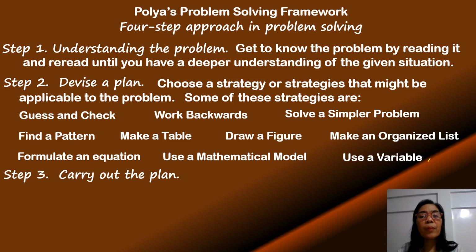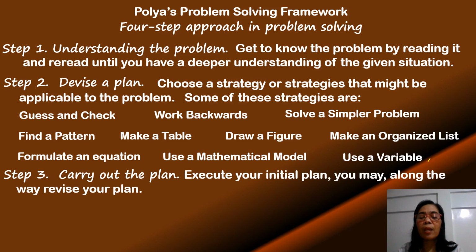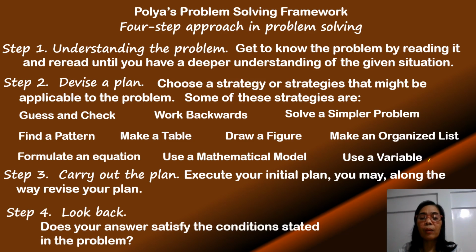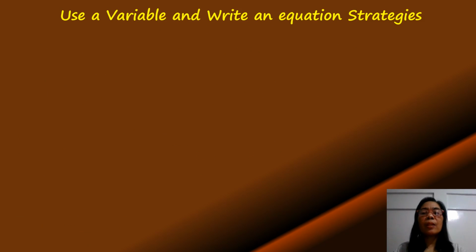The third step is to carry out the plan. In carrying out the plan, you have to execute your initial plan. Remember that you may, along the way, revise your plan. The last step is look back. Looking back or making reflection is trying to find out if the answer that you obtained satisfies the conditions given in the problem. I am now going to illustrate the strategies use a variable and formulating or writing an equation